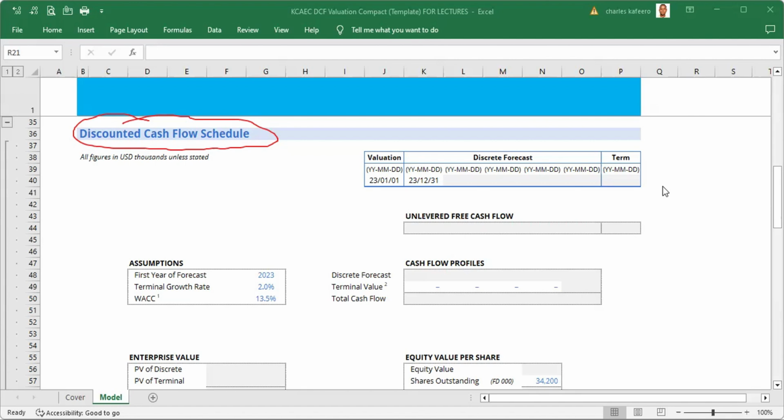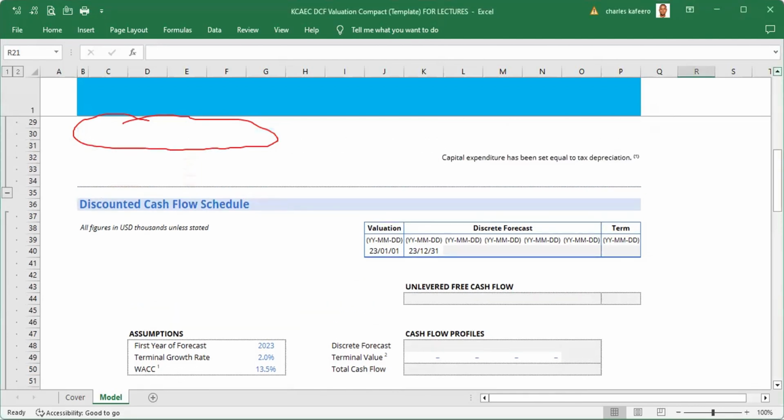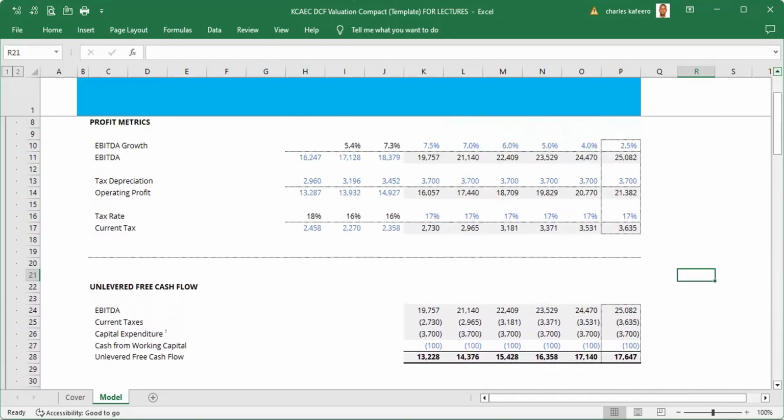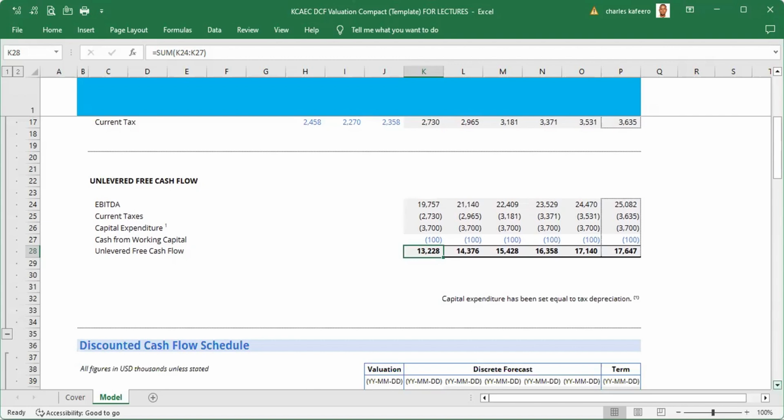So let's move back and look at our unlevered free cash flow schedule. Let me first delete this. Back to our unlevered free cash flows. There. Now, here we can see in this row down here, in this cell K28, we have the unlevered free cash flows. And the next schedule down here,